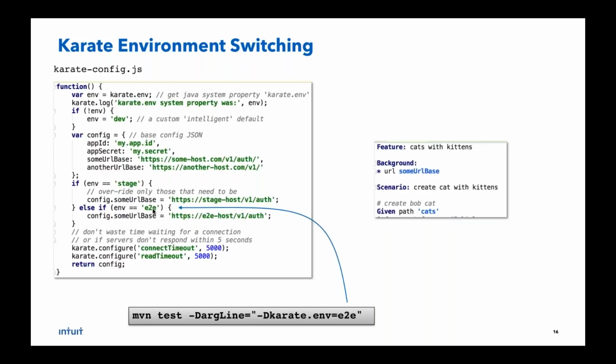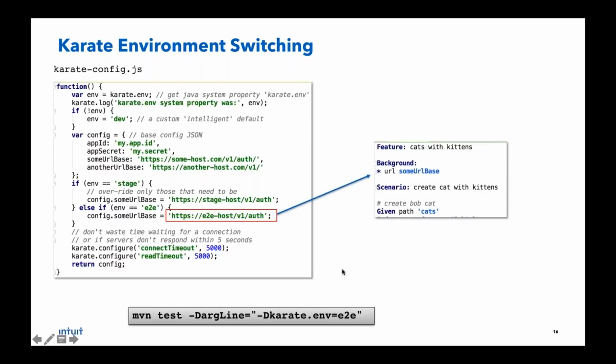If you can see towards the bottom of the code on the left, you can see an environment called E2E, and all you need to do is just on the command line, and this is obviously very easy to do if you are, let's say, triggering your test from CI, Jenkins, or a batch job or whatever. You just need to set a Java system property called karate.env, and because this is pure JavaScript, you have all the flexibility of doing if-then conditions. Think of this another way, right? Rather than this dumb properties plain text file, you actually can do some pretty sophisticated logic, and this works beautifully for testing and test automation.